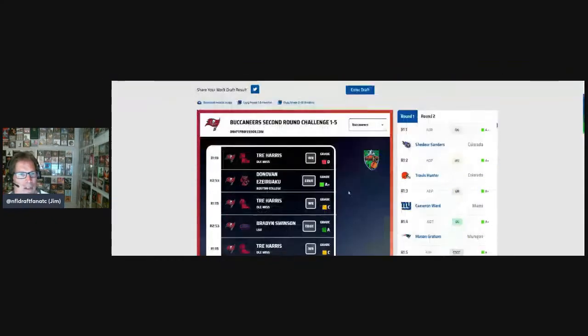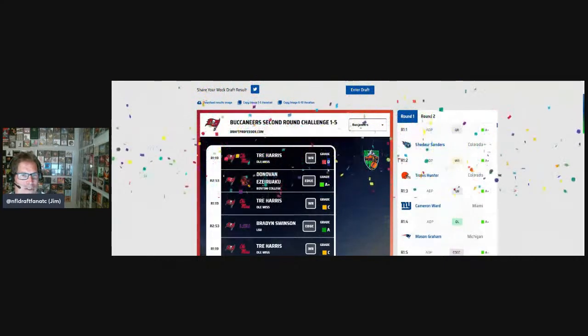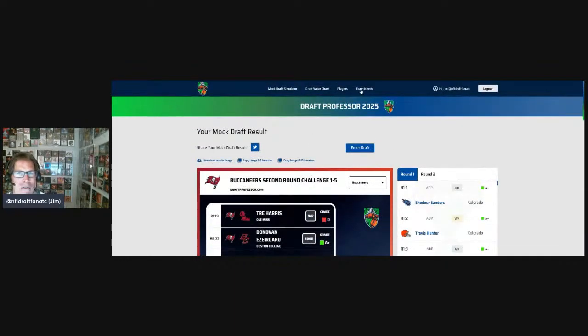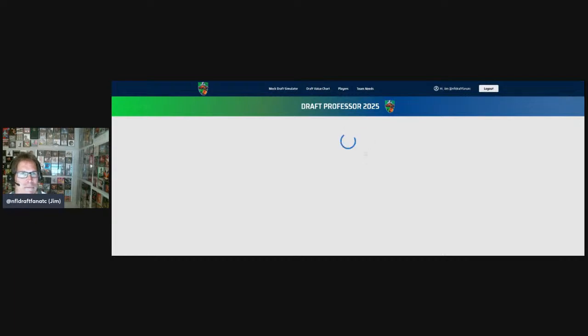So you can see Harris starts as a D, but by the last mock, his grade was an A. Okay. So the player grades will improve as you pick them more. Here's how we can tell. Let's go to the team needs.